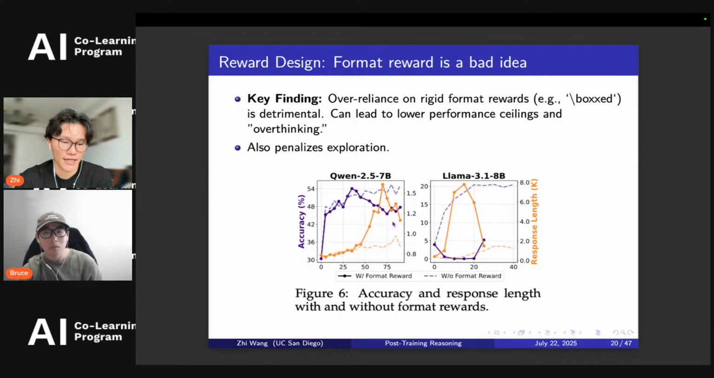So the reward design. So far I've only talked about a binary reward design, correctness. But you can also do format reward, where you prompt the model to output their thinking part in thinking tokens, and to output their answer, let's say, in boxed. So in this paper, they found that over-reliance on rigid format can deteriorate the performance. Without format reward, the Qwen 2.5 model can do up to 54% accuracy on average